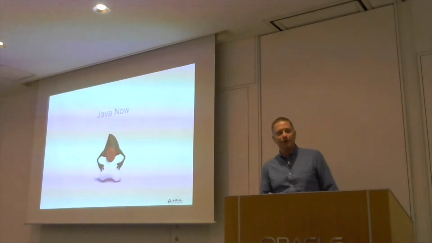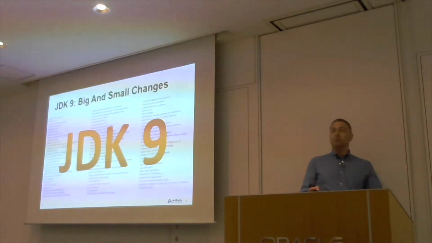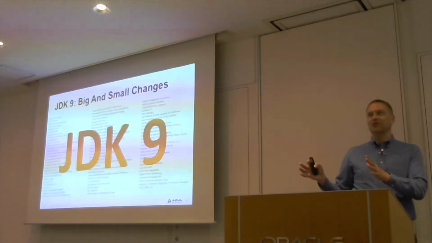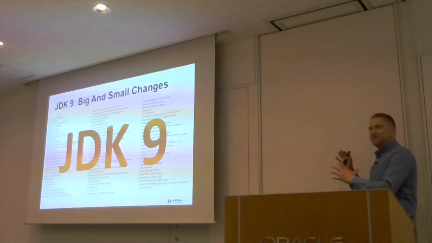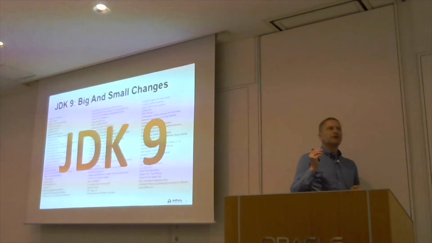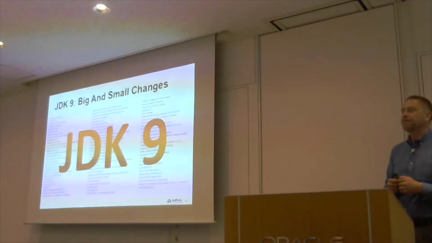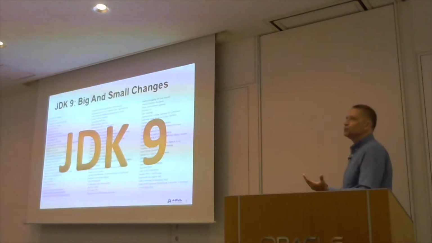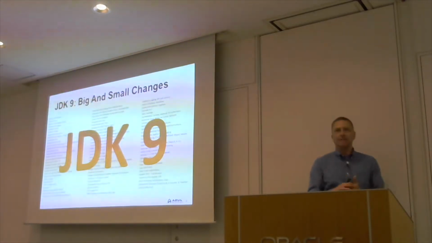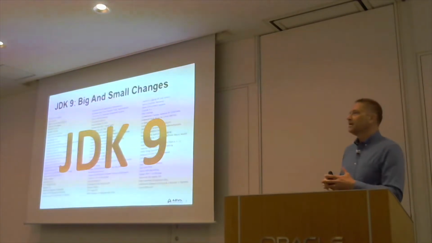Where are we at the moment? And actually what I'm going to do is start with what is now a little bit of history, because this is not the current release. Was, but isn't anymore. So JDK 9. JDK 9 came out in September of last year. And it was a release which had been, say, hotly anticipated. People had been looking forward to JDK 9 for some time.